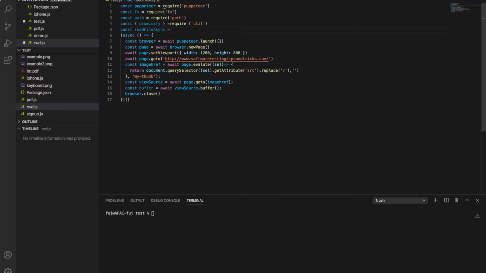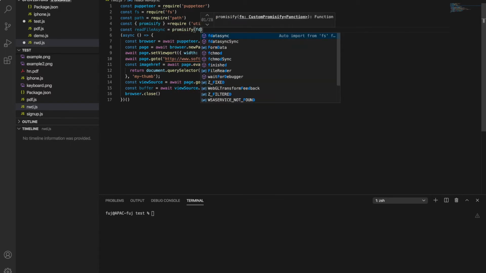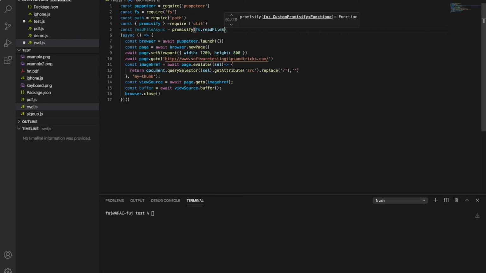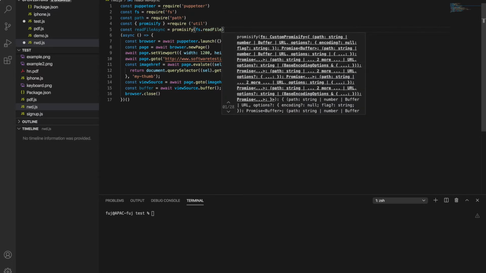We have promisify so that it will do the operation in sync form, read file sync. Read file sync will do it synchronously, and only read file will do it asynchronously. So we will try to use read file sync and write file sync also.